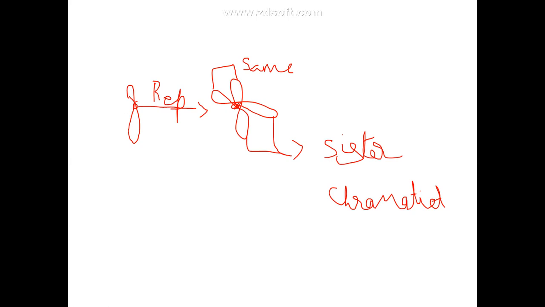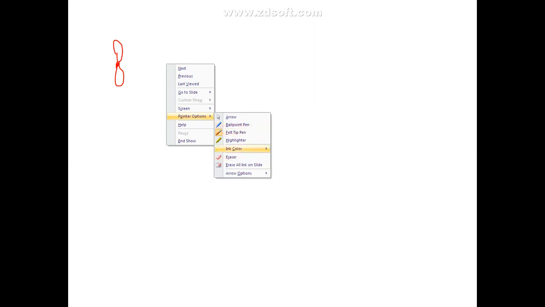So now what happens? These replicated chromosomes are still attached to their centromere. Now we will look into another phenomenon. What are non-sister chromatids? For non-sister chromatids, I will take a chromosome. Again, this chromosome is attached with a centromere. I will take another chromosome.